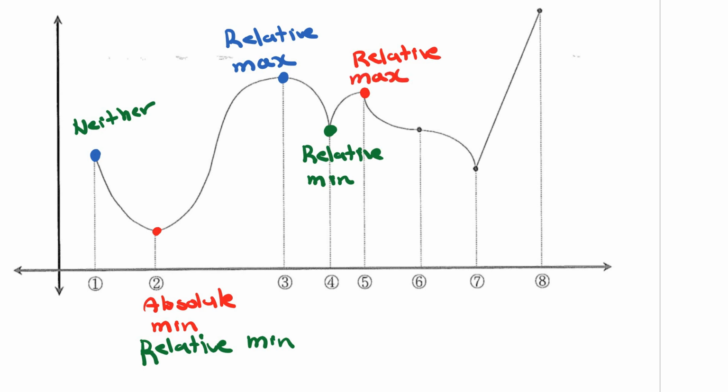And over here now, the next point here, I have a horizontal tangent line there. So this one's going to be a neither here. It's not a max or a min. And then over here, I'm back to having a minimum here. So this is a relative